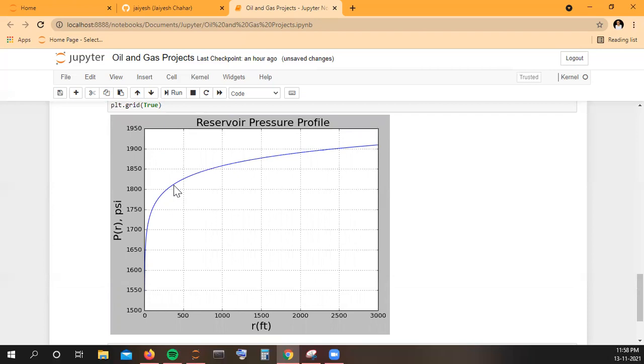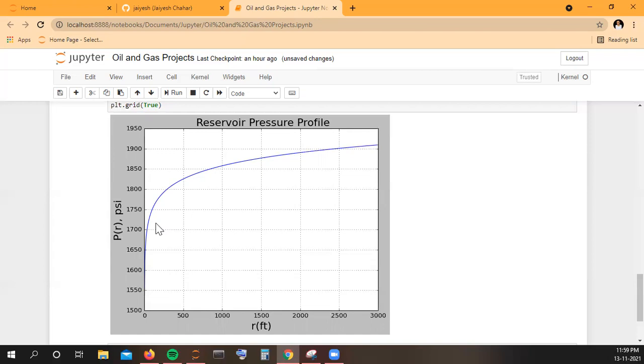We need to push the oil: if we are somewhere here, this much oil is giving it pressure to flow towards the well, but as we go towards the wellbore, more energy will be needed to push the oil forward. That's the intuition, the effect of the wellbore will be felt more and more.